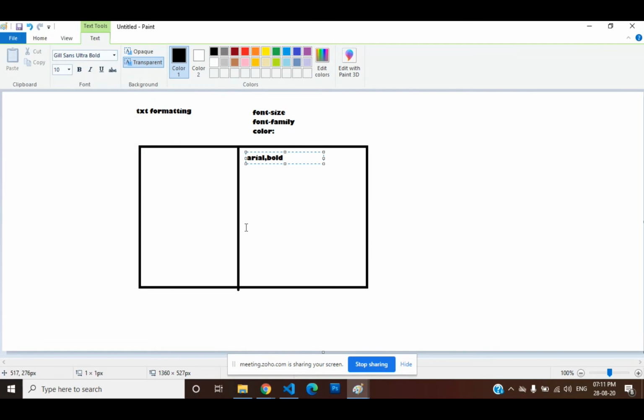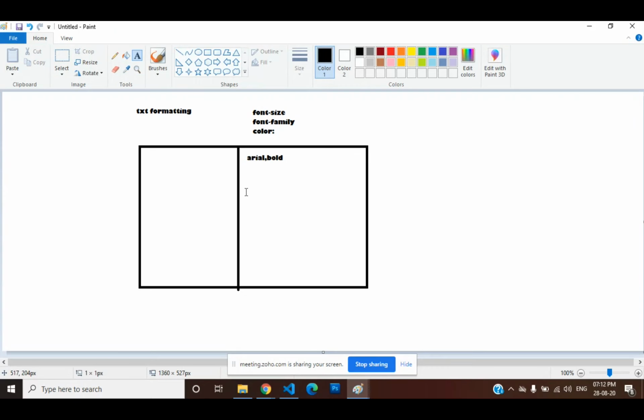Now coming to size, it is the second attribute. Coming to description, it defines the character size in 7 levels, which includes normal equal to 3. Once again, the description for size: it defines the character size in 7 levels, which include normal equals to 3. Take an example.